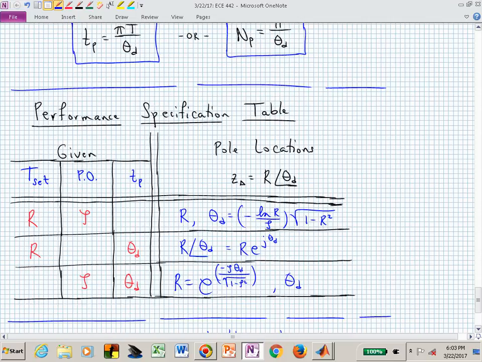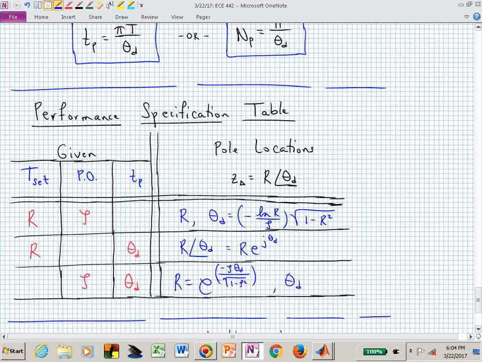Is this busy or what? Maybe not, but now, if somebody gives you settling time and percent overshoot, you know which row you're in. If somebody gives you settling time and time to peak, you know which row you're in. And you can use the appropriate expressions to determine the pole locations, which are r at an angle of theta sub d,